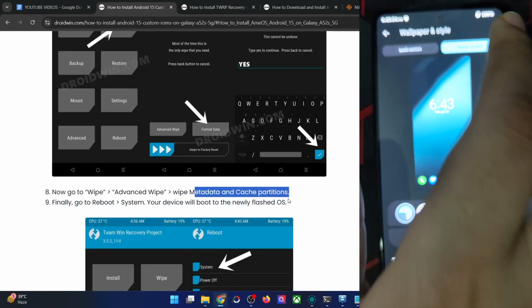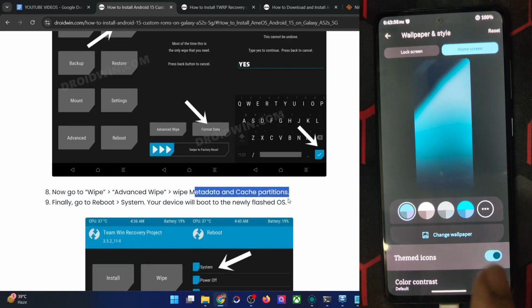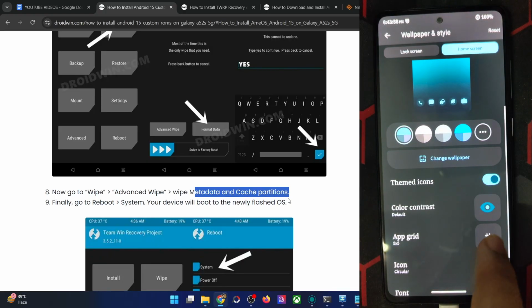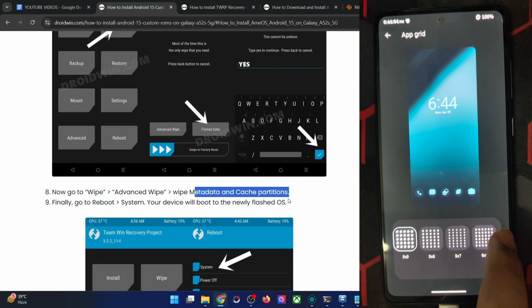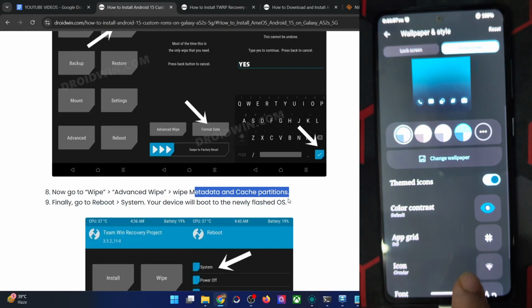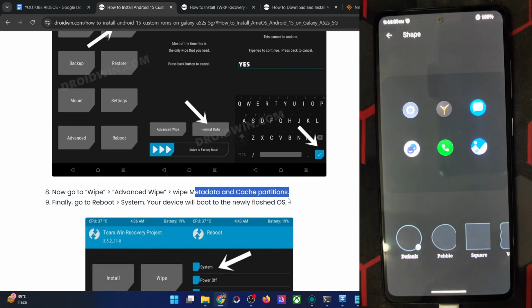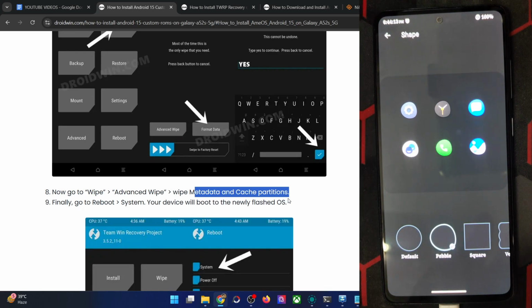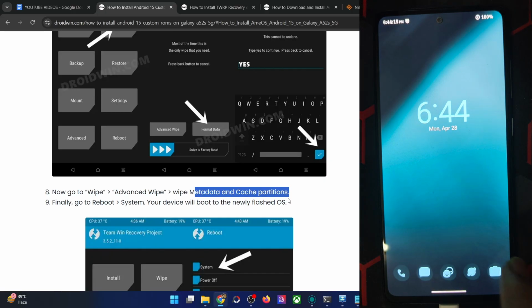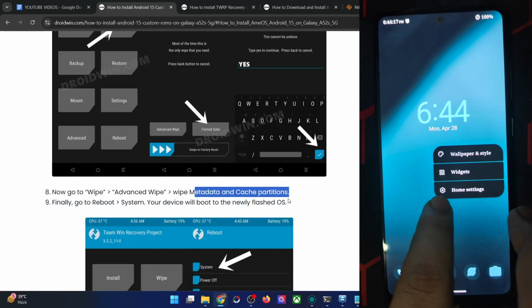Then apart from that, you may go to the home screen and enable the theme icons, and they are now enabled. Likewise, you may also change the grid size. By default 5x5 is there, which is sufficient for me, but you could increase it up to 6x6. Then the icon fonts have been checked. In the shape, you may choose the shape of your choice, and the same will be applied across both the home screen and the app drawer. Let's check mark, and as you could see, the icon shape has been changed.